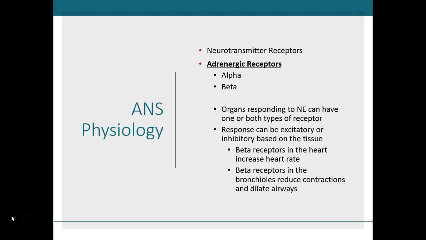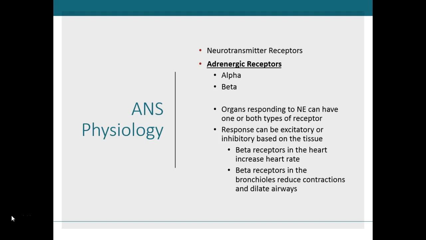So most of the effectors of the sympathetic nervous system are going to contain either alpha or beta receptors, but there are some effectors that contain both. So norepi stimulates alpha receptors more strongly than beta receptors, and epinephrine is a potent stimulator of both of these types of receptors. So the responses, again, to the norepinephrine can either be excitatory or inhibitory based on the tissue